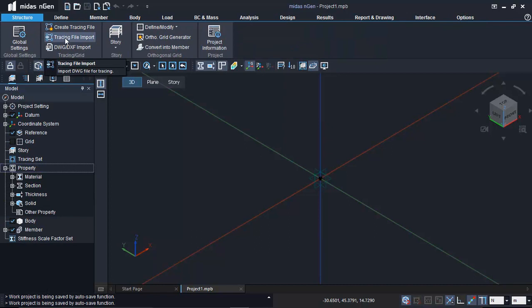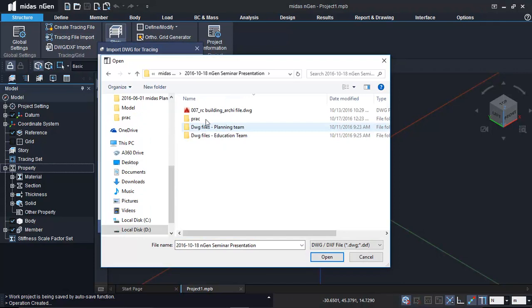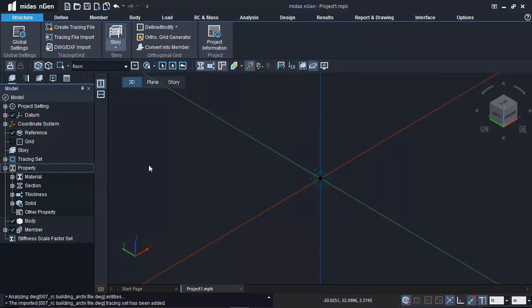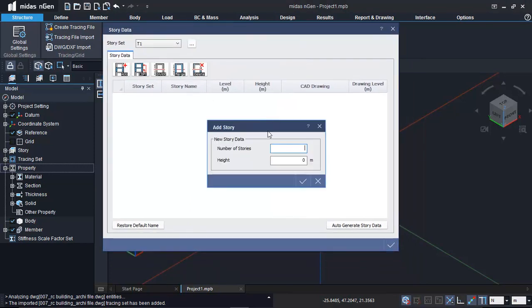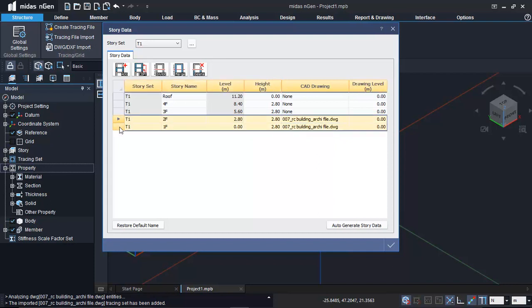So for that, I'll just use this option called tracing file import. In the tracing file import, I will locate the tracing file or the architectural drawing which I want to import for this particular structure modeling. So here I'll generate the story data. Let's say I have 4 stories with a height of 2.8 meters. Then I will link the archi drawing with the story data. So I have linked the archi drawing with 2 stories,